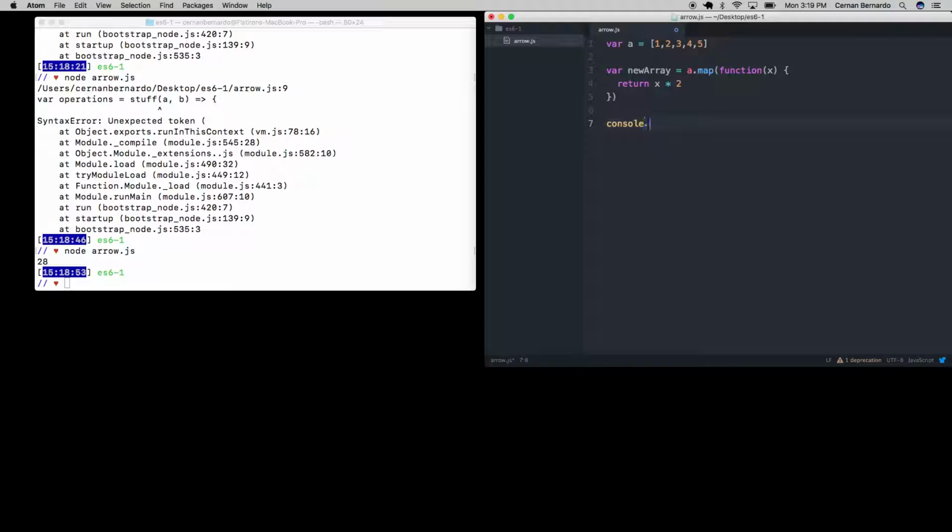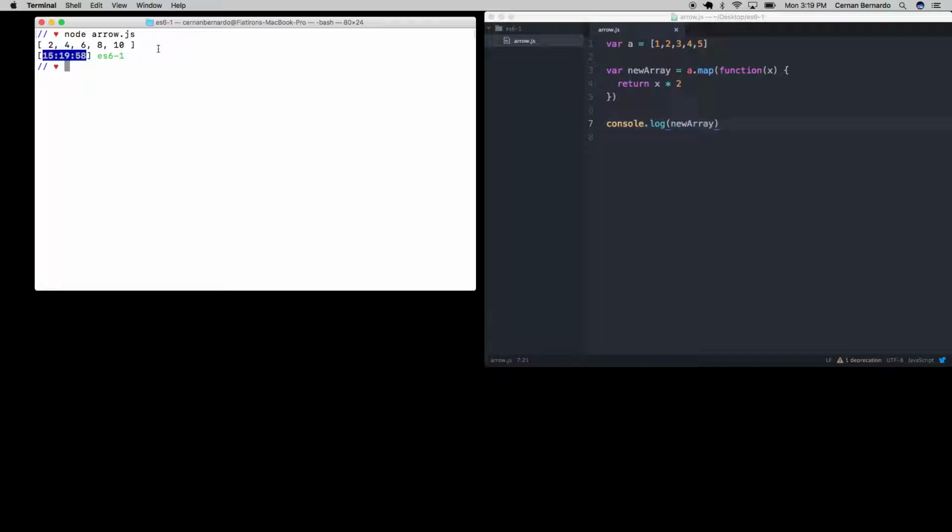If we were to console.log new array, we can see 2, 4, 6, 8, 10, which is again a doubling of the individual values inside the a array. But here we needed to use an actual function, an anonymous function, as our callback. If we wanted to convert that to use an arrow function, what we would do,